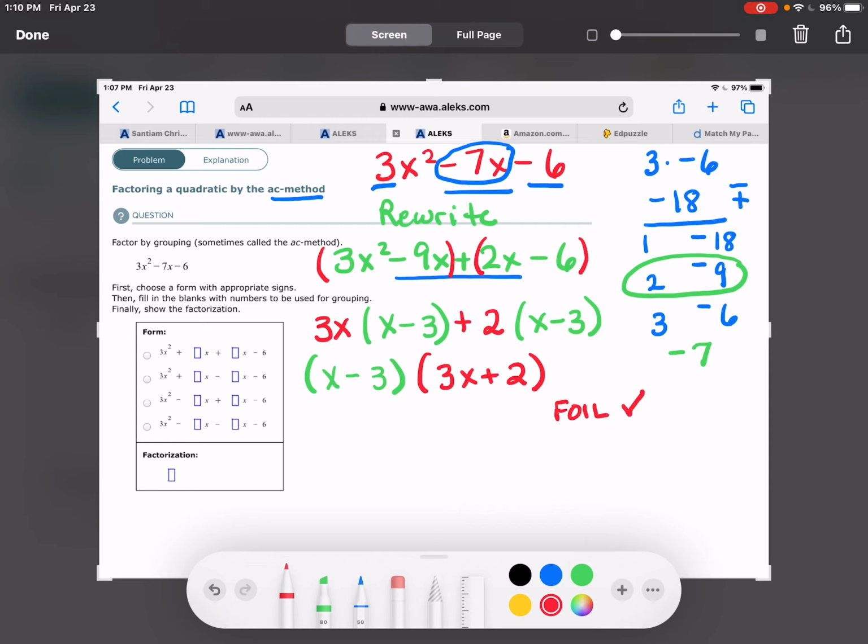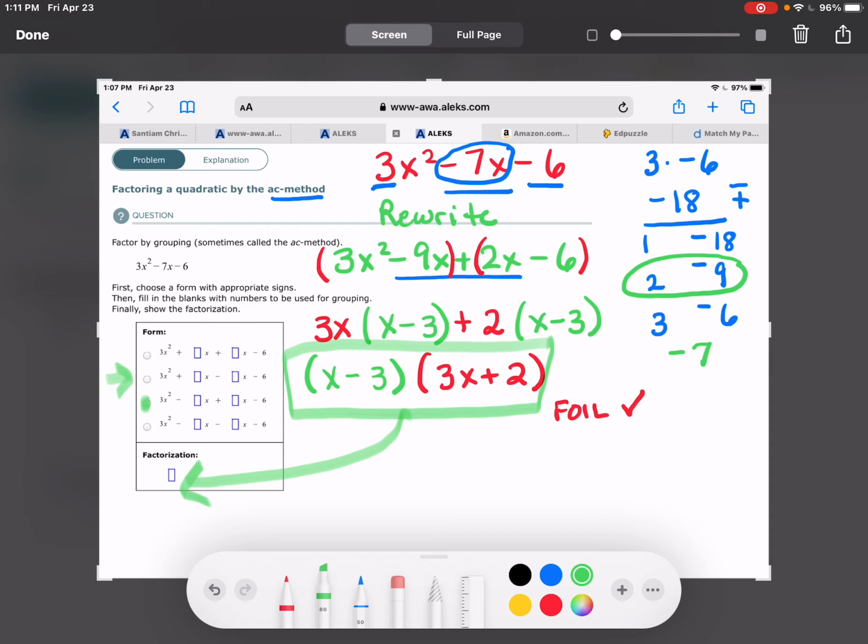Okay, and this should be right here. This should be the answer that goes in here. Here, they're just talking about the rewrite. So we need to find a format that works. I would choose maybe, I think this one, and right in, we put a 9x plus 2x minus 6,